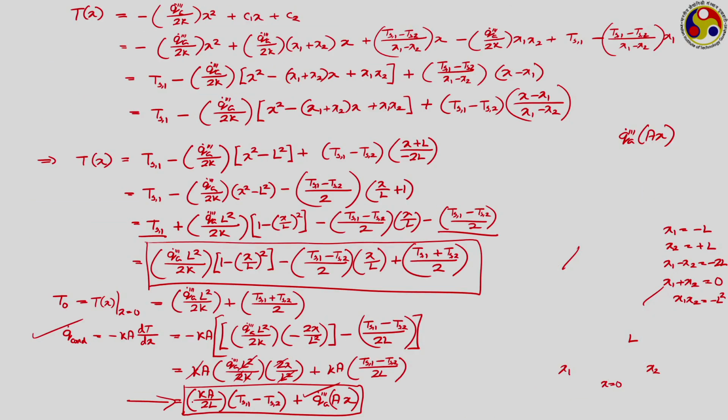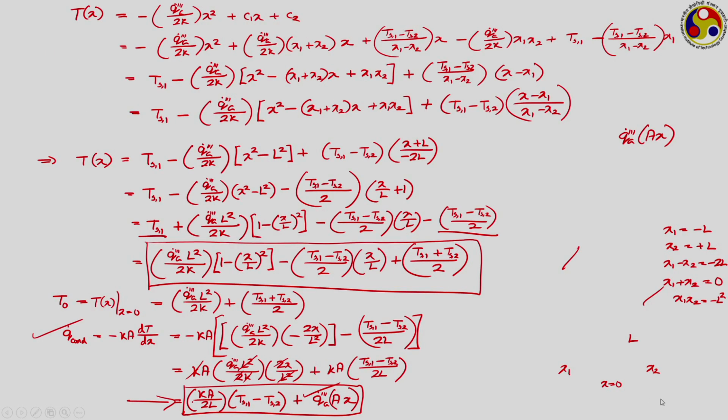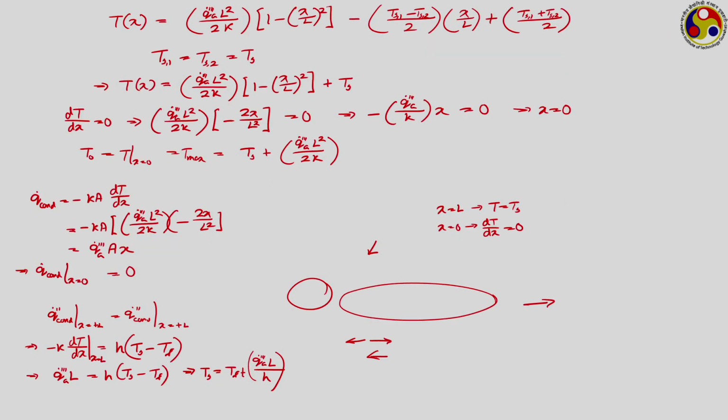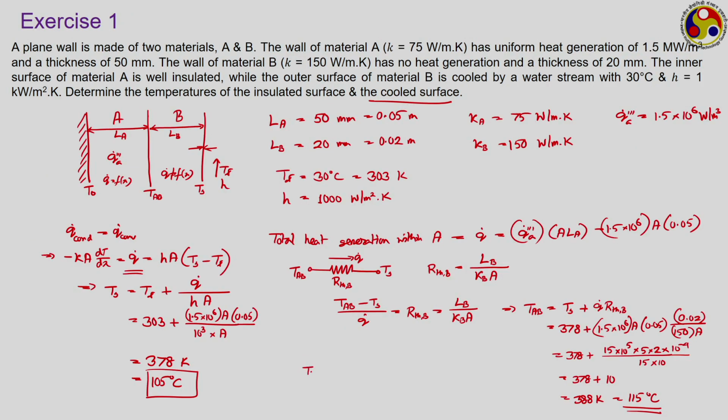If I just go back to the plane wall with heat generation, this was the temperature profile that we had. So, you can easily follow this approach to get the temperature at the other end. Here in this case we are looking to identify TS2 itself, and TS1 is that TAB that we have just got, and accordingly you can do the calculations to get the final result. So, the final solution for T naught is going to be equal to 140 degree Celsius. You please do the calculation to see whether you are going to get the results or not.